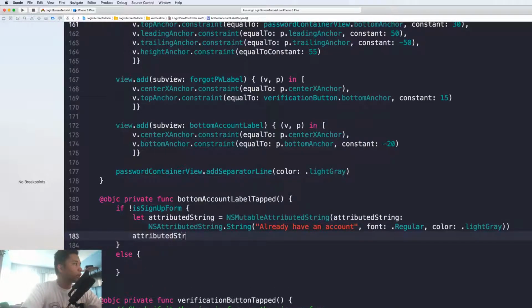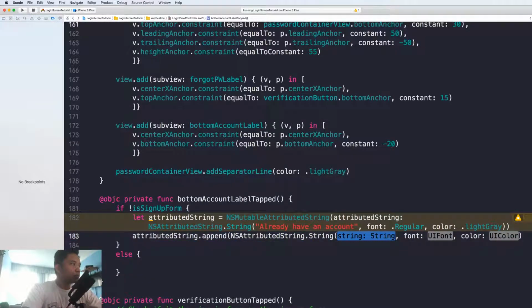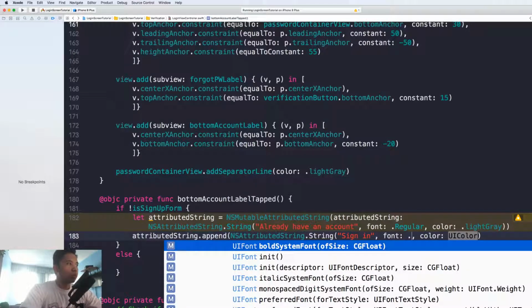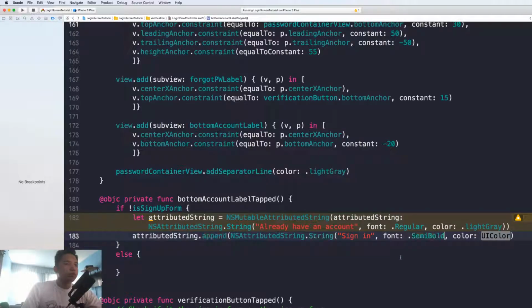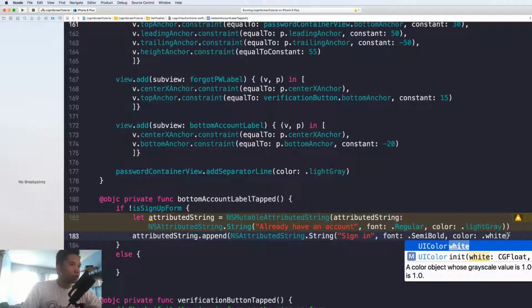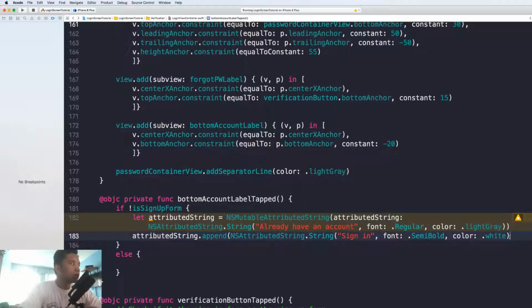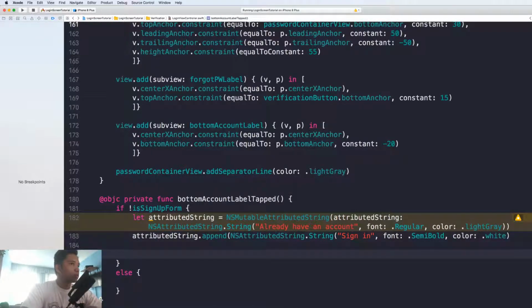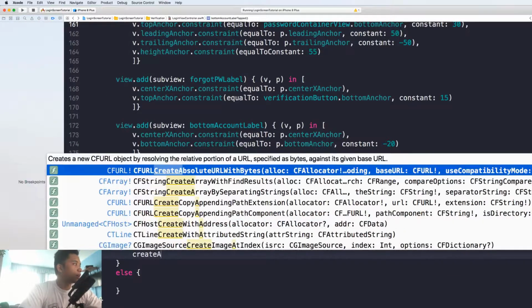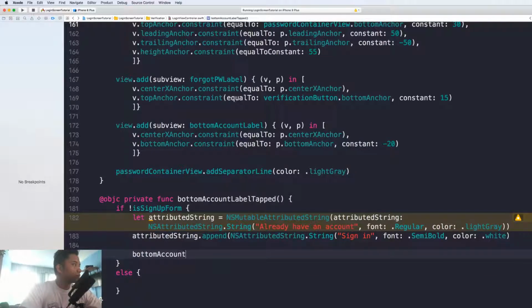And attributedString dot append, and NSAttributedString dot string. It's going to be a sign in. Font dot semi bold. Color is white. Of course, we have to change this, create bottom account label. We're gonna pass it the attributed text equals attributedString,